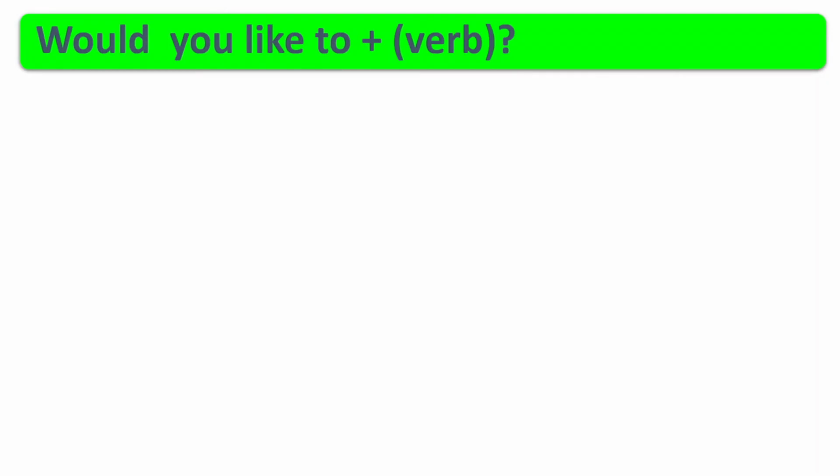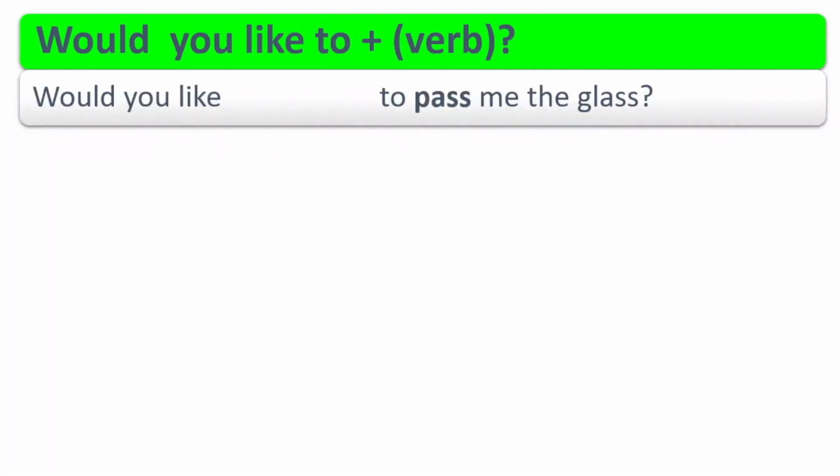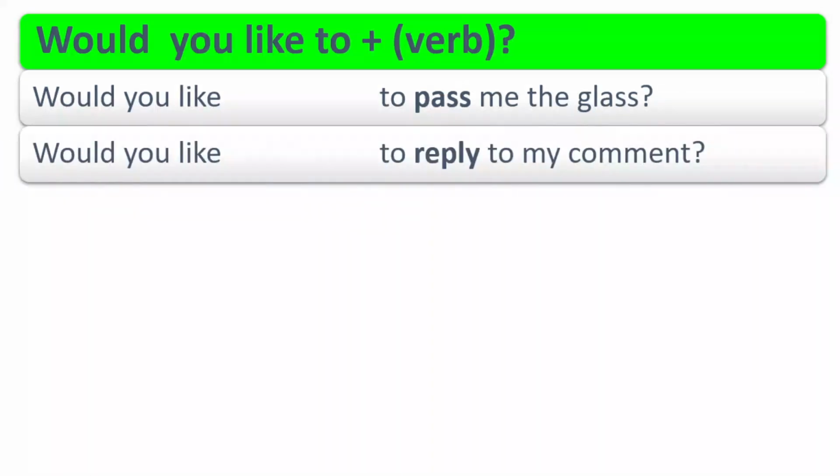Now let me ask you some questions. By these questions, you could also create some questions and you could also answer these questions in the comments, right? Okay, so what is my first question? Would you like to pass me the glass? Well, yeah, we are not near each other, right? But this is just a phrase. You could use it, you could create this question there, or you could ask this question of your friend, and definitely the person would pass you the glass, or maybe he would refuse to pass you the glass.